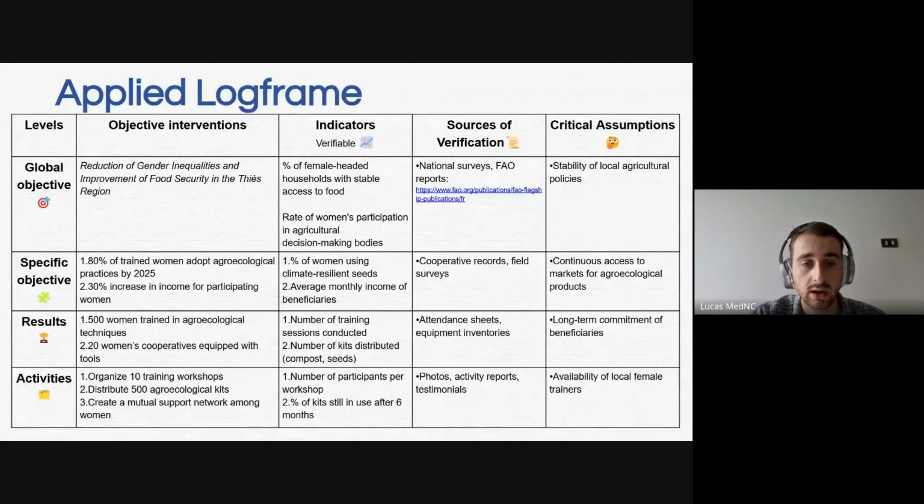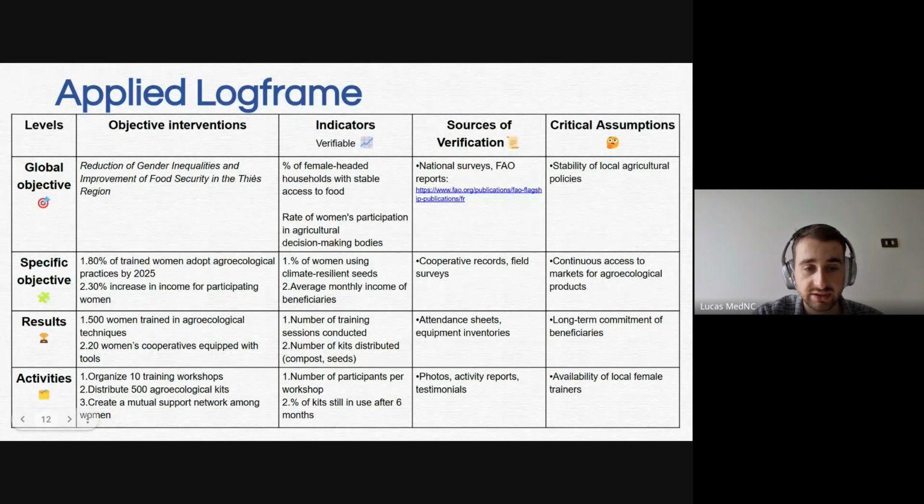How are we going to know that those women are trained? It's to check which tools and which techniques they are using for this agroecological method. We're going to know this by the cooperative records, and also we can ask them directly in the field.